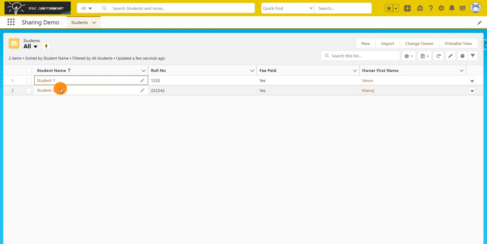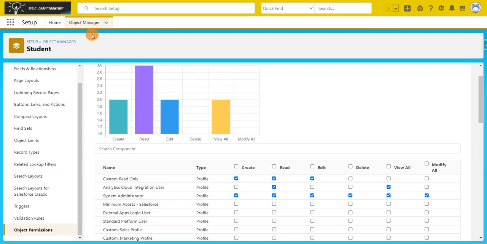Varun has a system admin profile, and if you go to Object Manager, Student, under object permissions, you can see the system admin profile has View All and Modify All permissions. That means he can view all the records in the org if this checkbox is checked, and if this checkbox is checked, he can modify all the records.